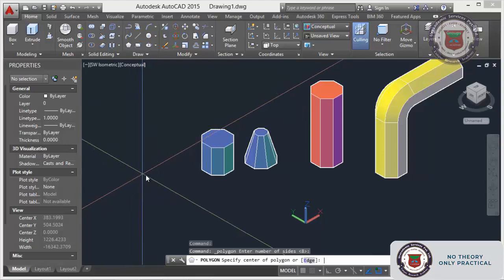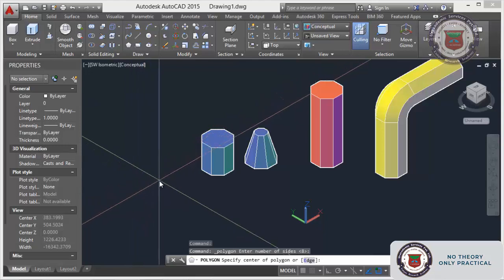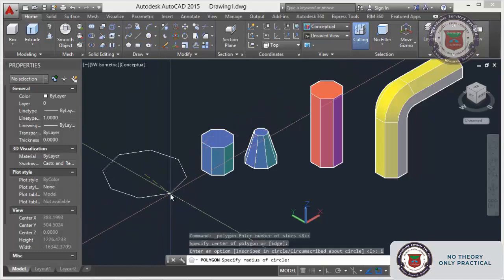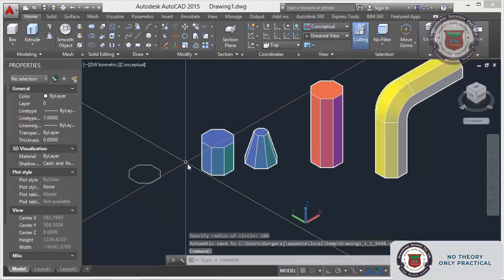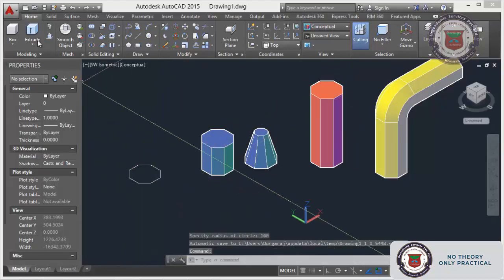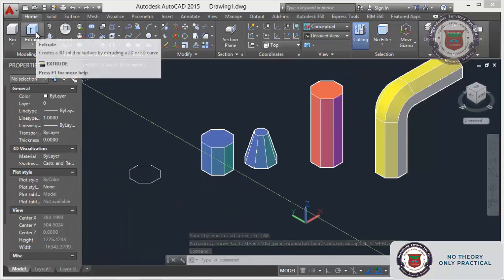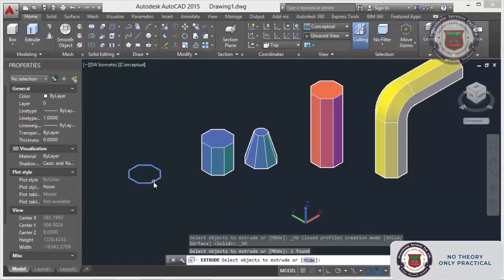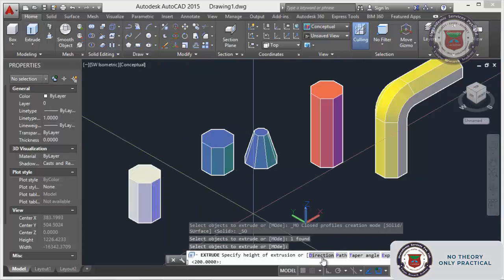Enter, just give 100. This is my 2D object, ready. Next, your extrude command. Just click, select object, enter. You have the direction we have seen, path we have seen, taper angle we have seen.